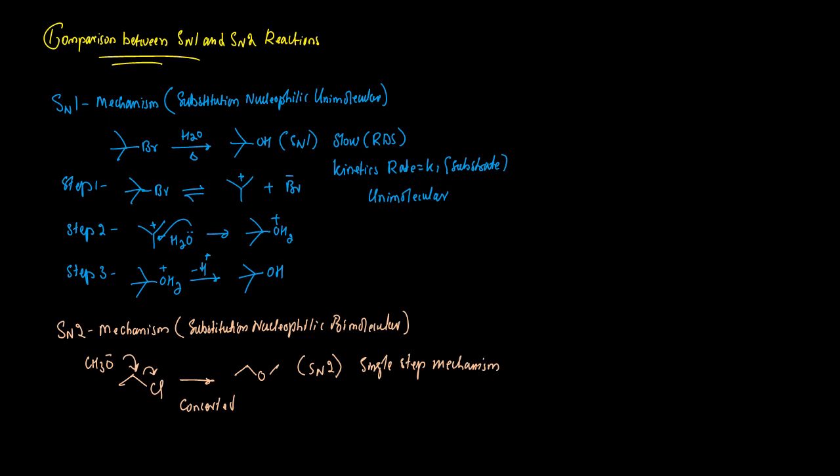As far as the kinetics is concerned, the rate is equal to k [substrate][nucleophile]. That's why we call it bimolecular in character. Hence SN2 is bimolecular. So let's now focus on different factors